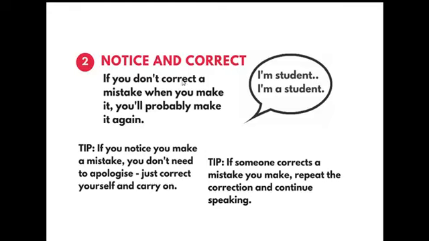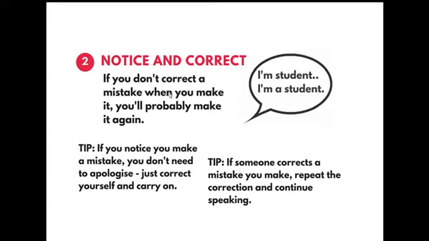Okay? Let's move to the second thing. The second thing is notice and correct. This is really important, students, because most of the people don't even notice what they are doing. While talking to someone in English, people make a lot of mistakes, but they don't even notice these mistakes. That would really be helpless, because it would not help them to improve their language. So what you have to do is, you have to correct yourself, students. You need to notice your mistakes. You need to correct your mistakes.